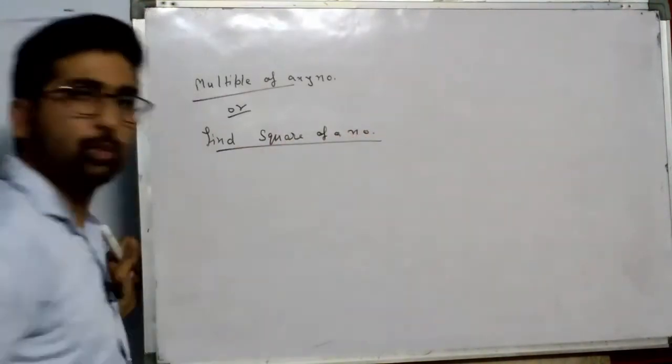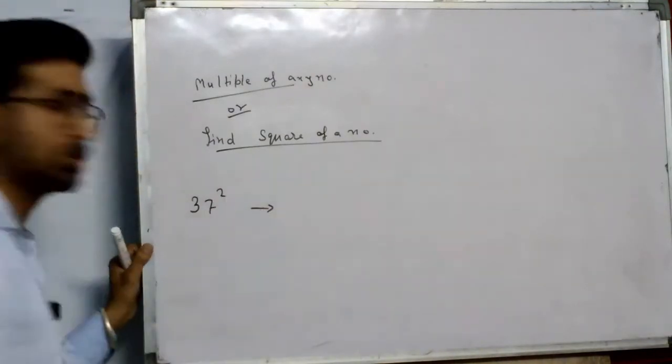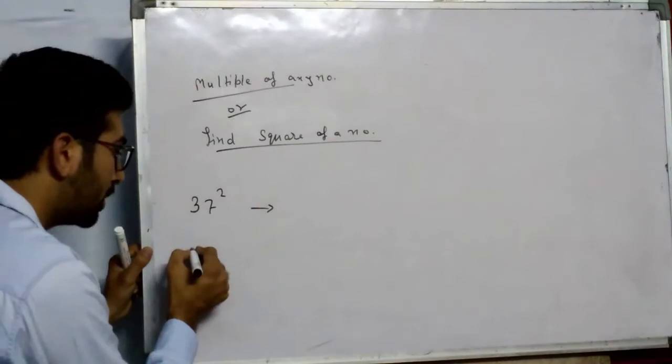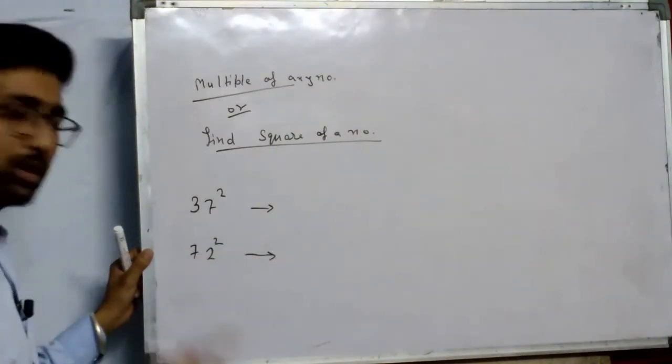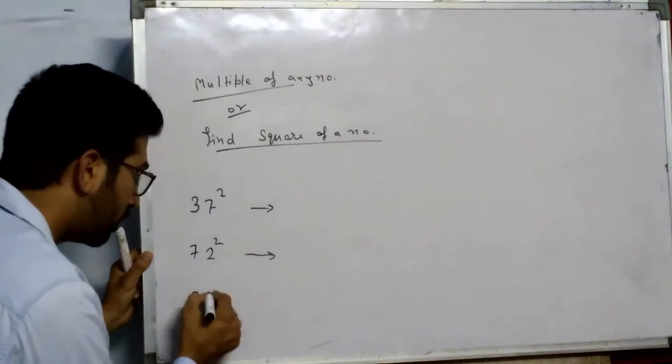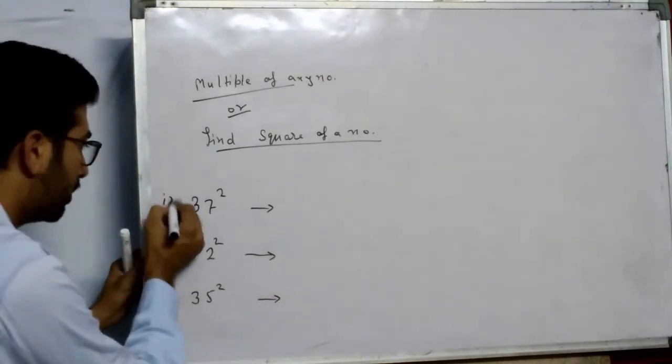Suppose you have 37 and we have to find the square of this number. Suppose you have one more number, 72, and we have to find its square. One more number, 35, its square. And the last, fourth example, we are going to write,